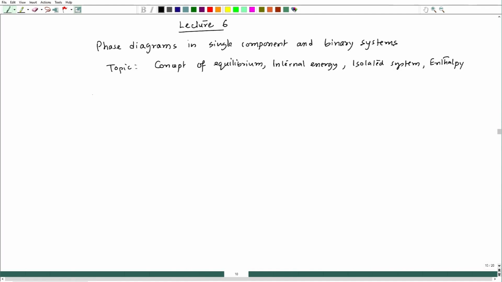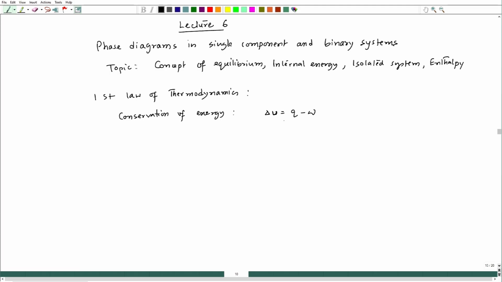So, the first law of thermodynamics, it is nothing but conservation of energy, and the statement says del U equal to